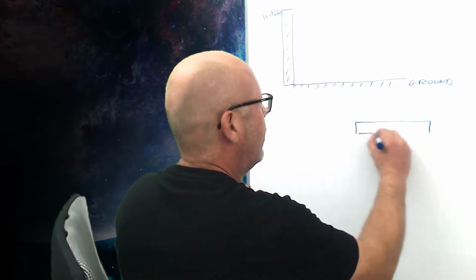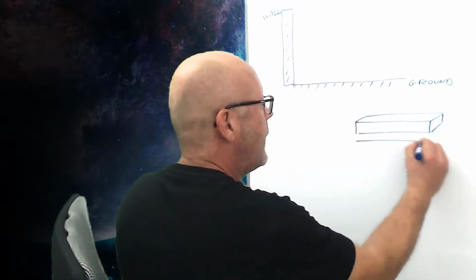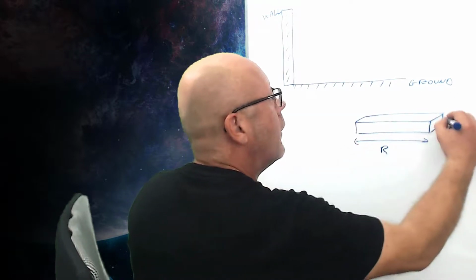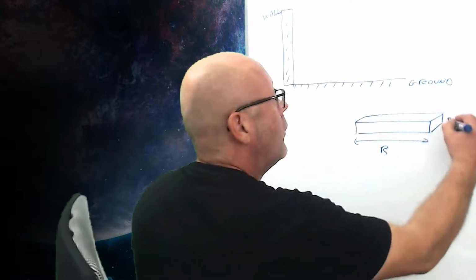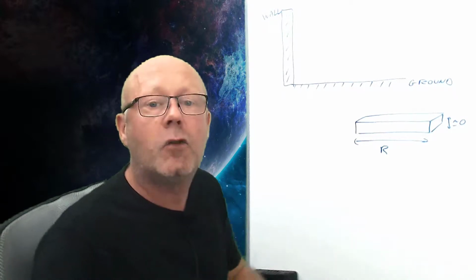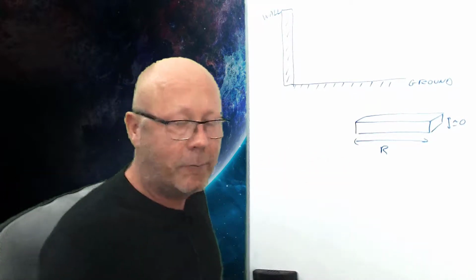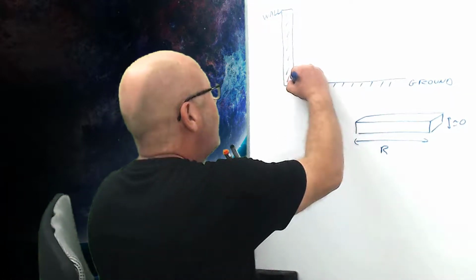It would look like this. The length of the plank would be r. The thickness of the plank would be negligible, so close to 0. And the depth of the plank, we don't really care because we are going to look at the plank from the side. Now imagine placing this plank at the corner here,